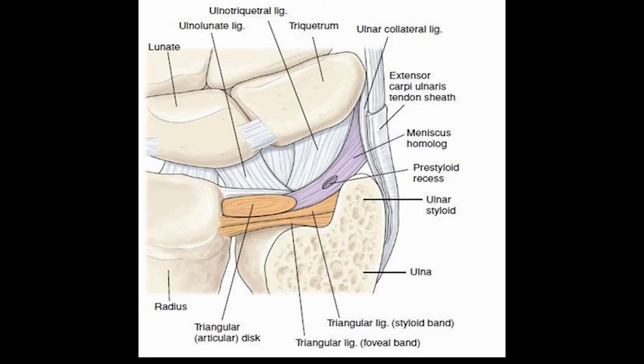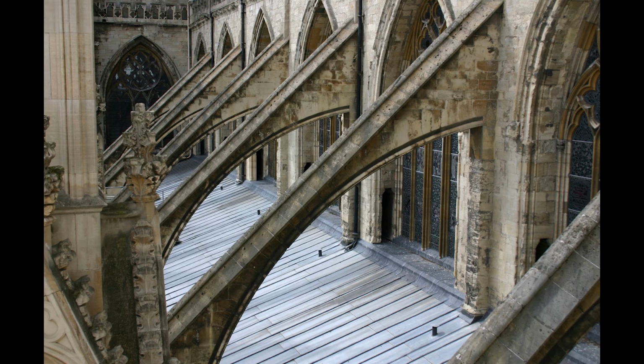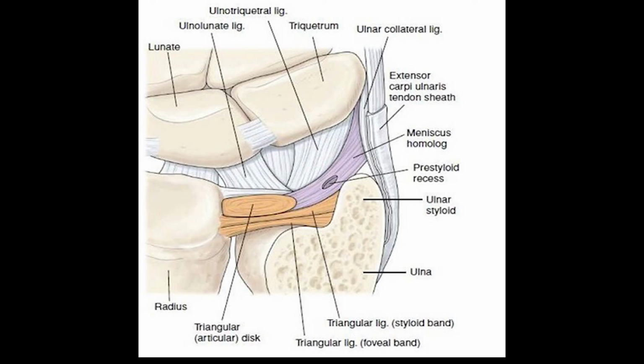So guys, first let's discuss the meniscal homologue, because it is a very important structure in the TFCC. If you see the meniscal homologue in this picture, it extends from the ulnar styloid process to the triquetrum carpal bone. And guys, it works like a buttress to support the carpal bones. Buttress means it is a structure, as you can see in this picture, that is helping to support this wall. Same with the meniscal homologue, it acts as a buttress to support the carpal bones.